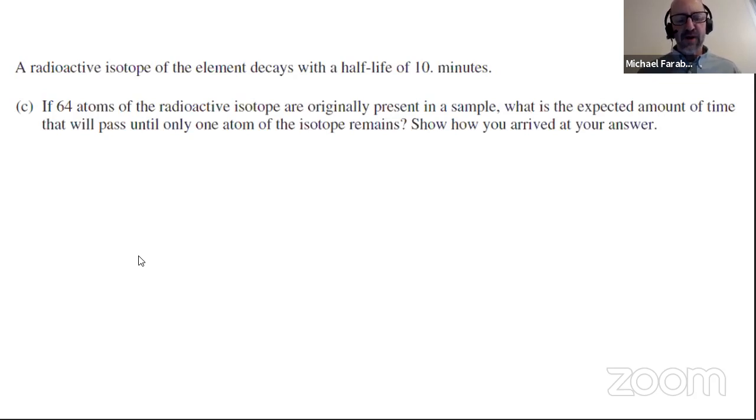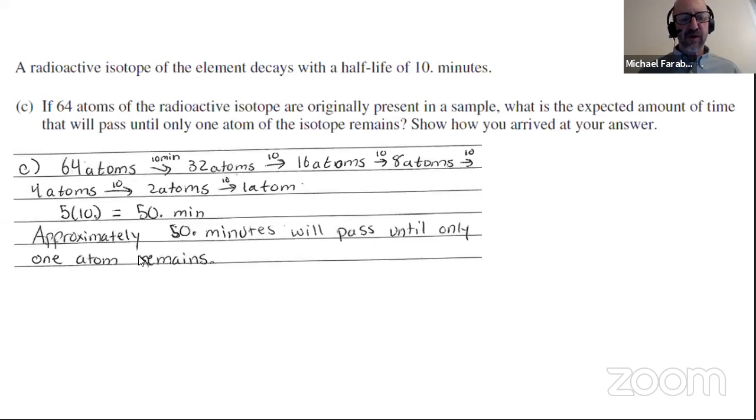the isotope? So the student has gone from 64 to 32 to 16 to 8 to 4 to 2 to 1, sorry, all the way. 64 to 32 to 16 to 8 to 4 to 2 to 1. And they wrote down 5 times 10 equals 50 minutes. So their answer is 50. It's kind of an obvious mistake that they did wrong. If you do the careful counting of the arrows and the fact that there's 10 minutes for each half-life,